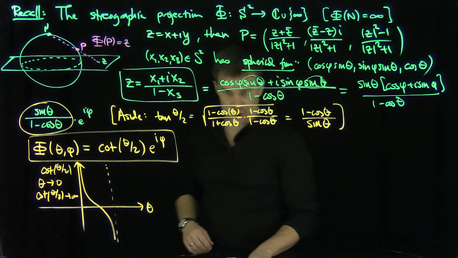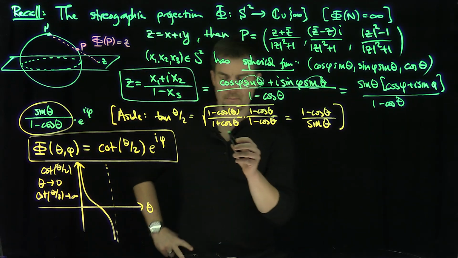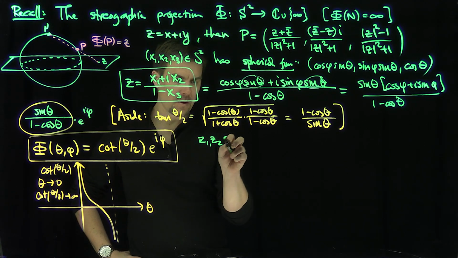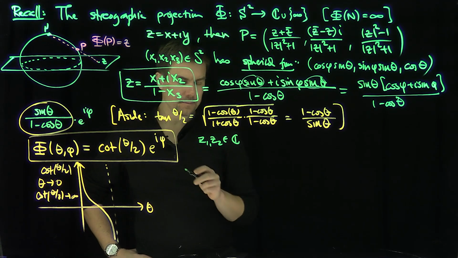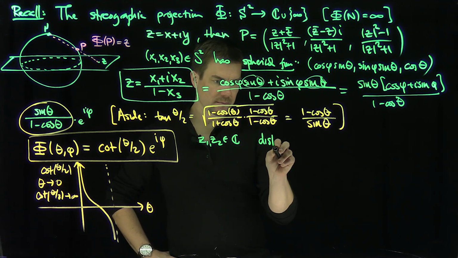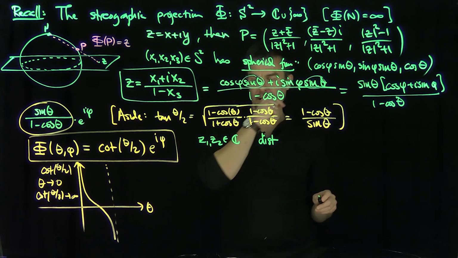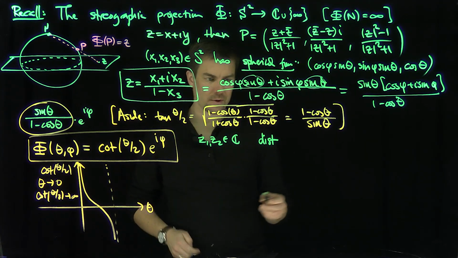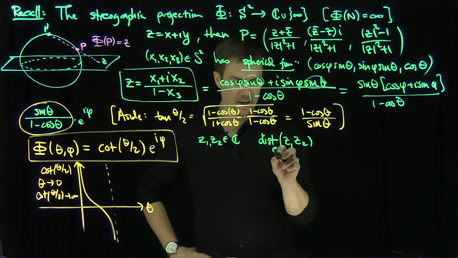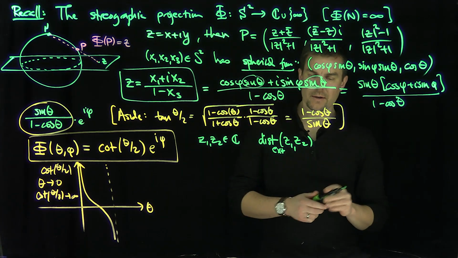Now, we're in a great position because now I can use these definitions to define distance in the extended complex plane. So let Z1, Z2 be in C. I'm going to define the distance between these two points to be the distance between the corresponding points on the sphere, right? These corresponding points on the sphere. So this is like the extended distance, right? So this is going to be what? This is going to be